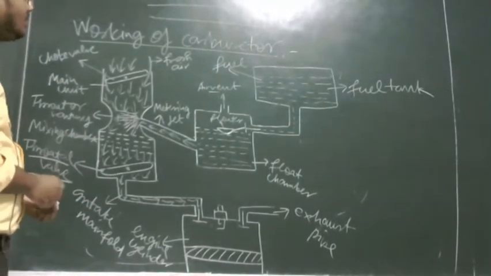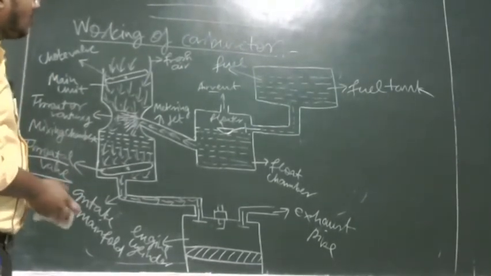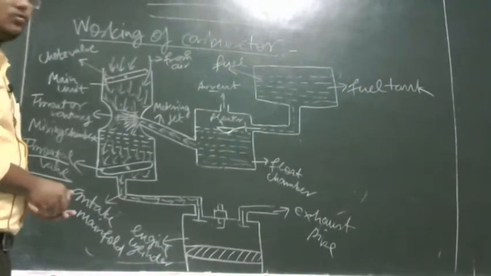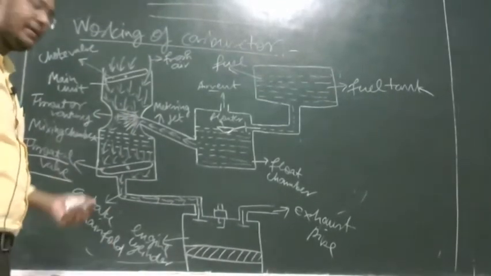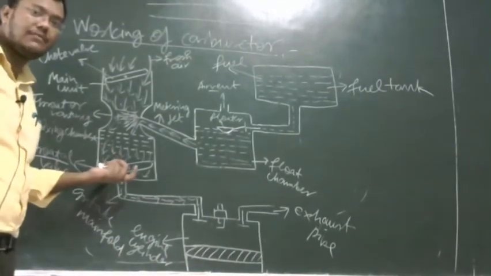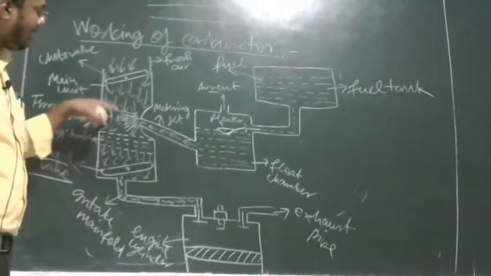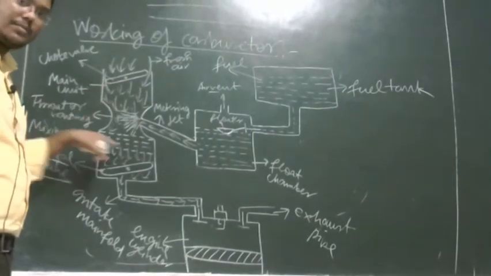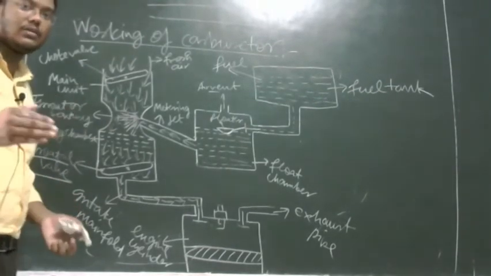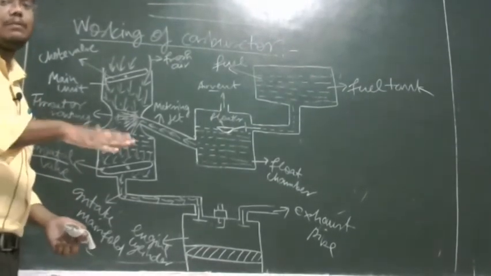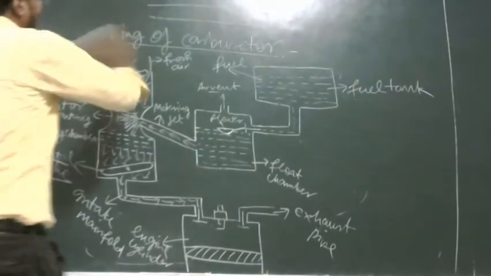Okay, so this is all about the working principle and parts of carburetor. Now we will study about the air fuel ratio, which can be calculated by this carburetor. We are preparing air fuel mixture here, so there should be some air fuel ratio. We can calculate that ratio by the concept of this carburetor. First I am going to calculate the mass of air. After that I will calculate the mass of fuel, and mass of air divided by mass of fuel gives us the air fuel ratio.